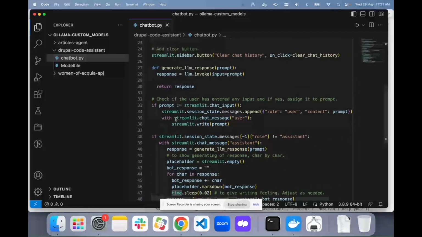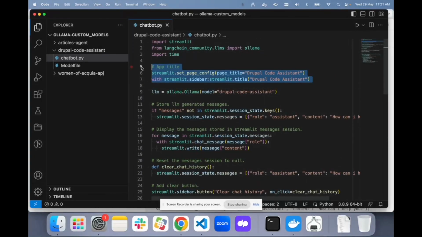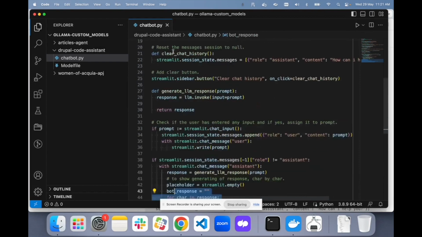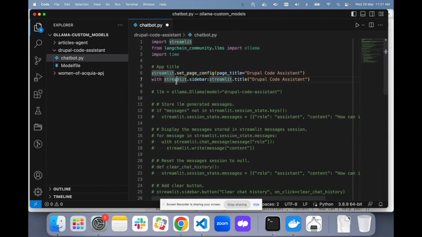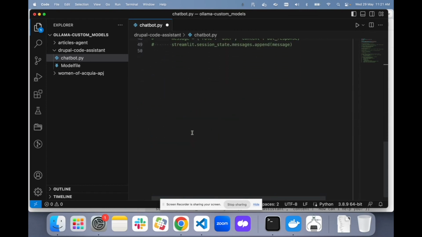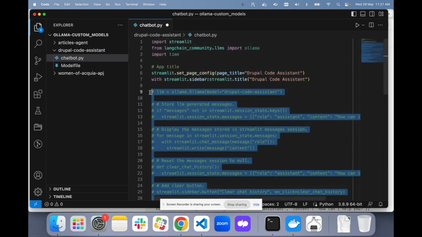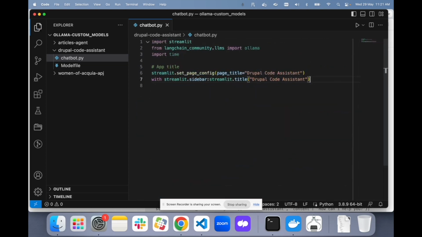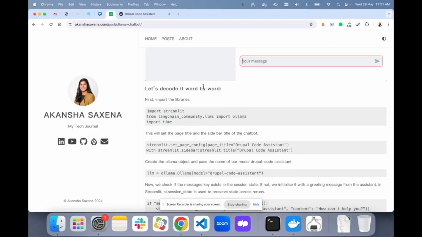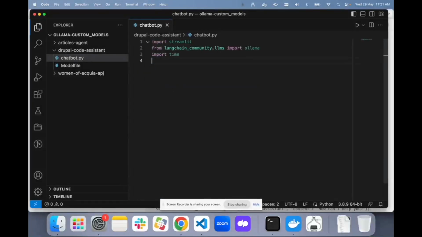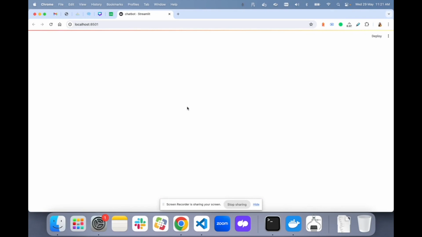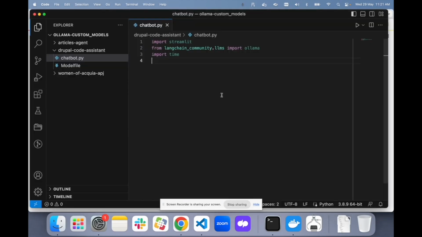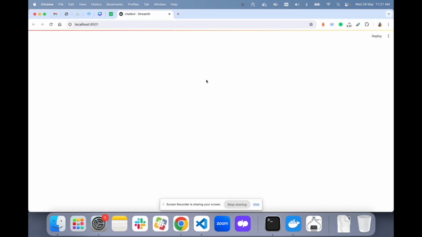Let me remove the code one by one, comment it out, and see what each piece of code is doing. So right now, if I remove this also and refresh it, I see nothing here. Okay, so I have just imported the libraries.